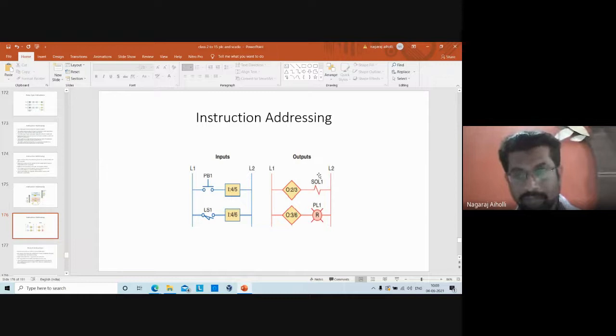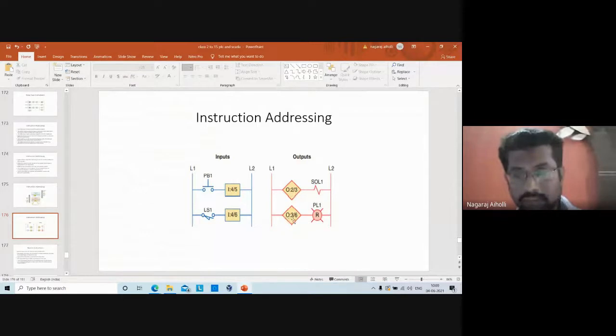Solenoid is a valve. You may be aware of the solenoid valve. Here in electrical, the solenoid is nothing but as good as an electromagnet, just as good as a relay. But we can control the magnetic field that is set up due to the passing of current through the coil. How much magnetism is induced or produced in the coil can be controlled. That is what is called a solenoid.